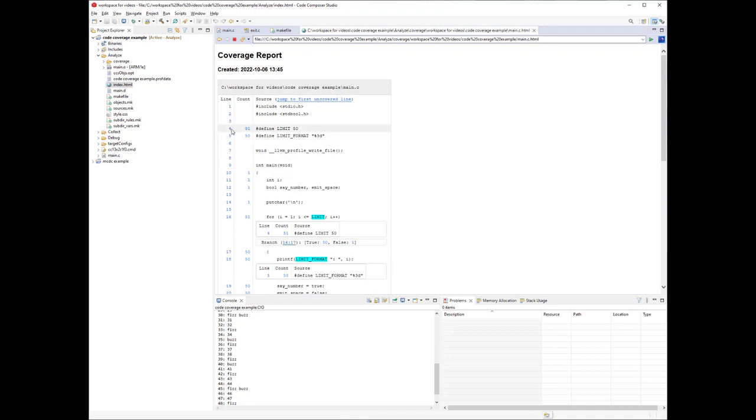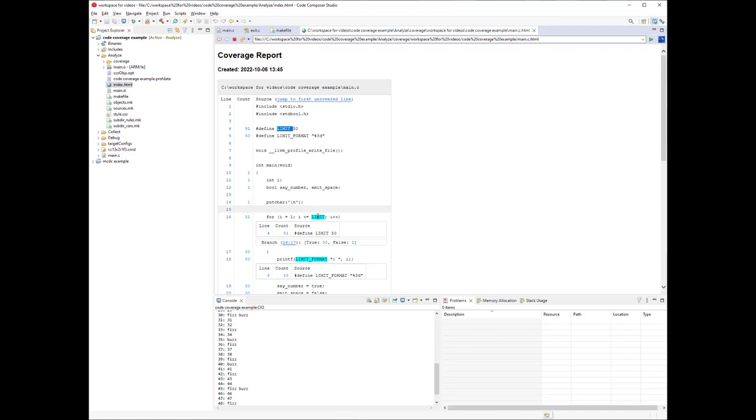Let's talk about line 4, which says 91. What's going on here? What it's saying is that the preprocessor symbol name limit got referenced 91 times in the source code.